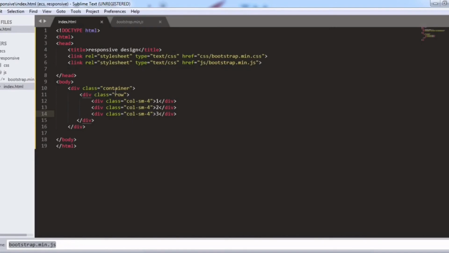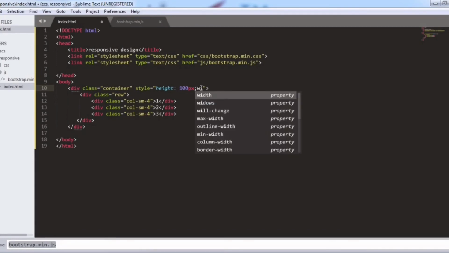So now we will give some other properties to our div, that is we will style the color or height. We will fix that so that it could easily define our design.